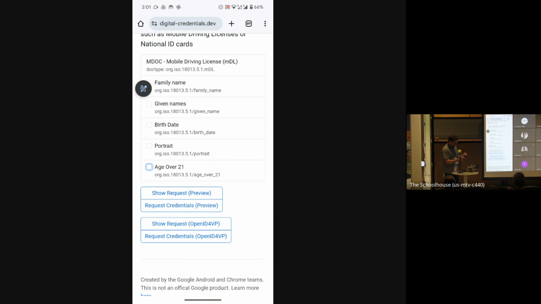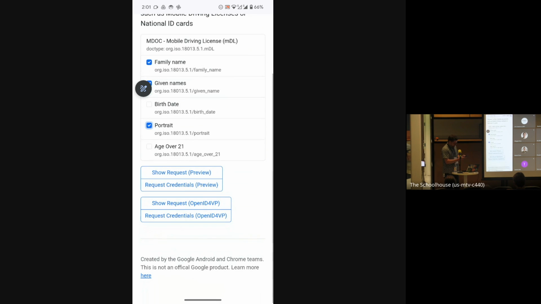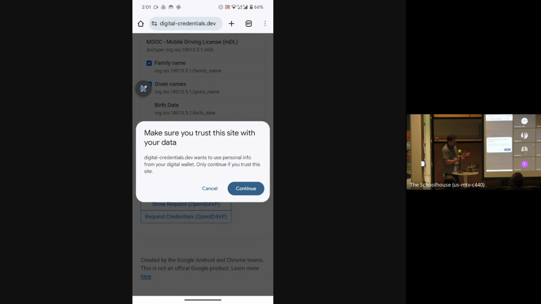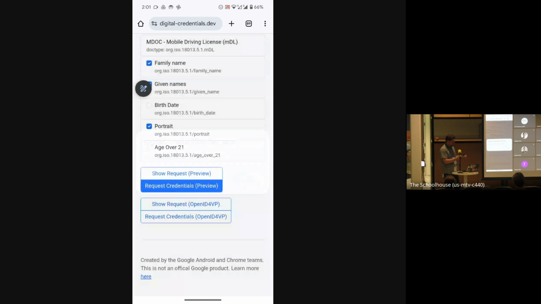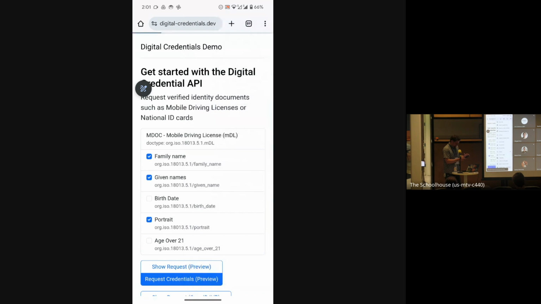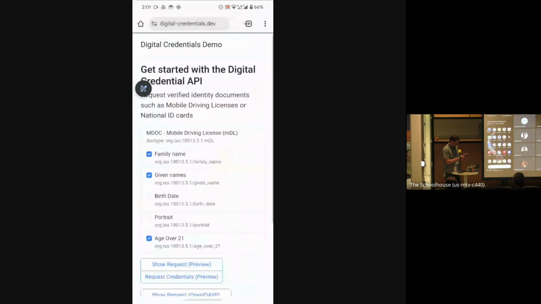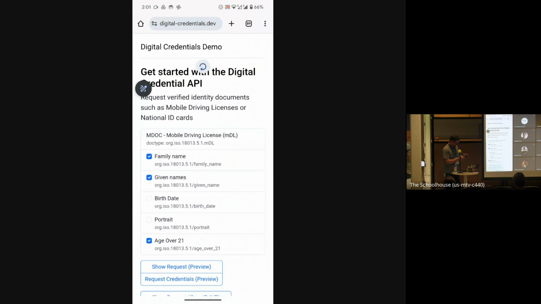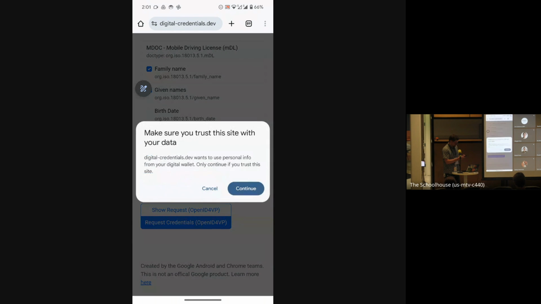Let me try again, and this time I'm going to do it with name and portrait and request. We have two different ways of doing this. Let me try this way. I did this yesterday. I swear it worked. Rick's. Oh, give me a break. Why is this not working? It worked yesterday. Let me quickly kill it and try once more. Request. Let's try OpenID again.